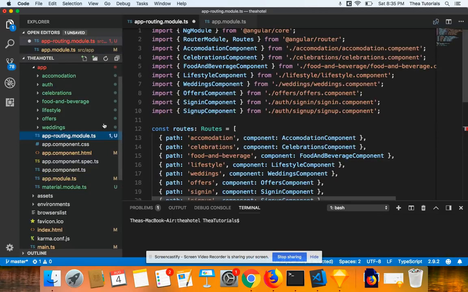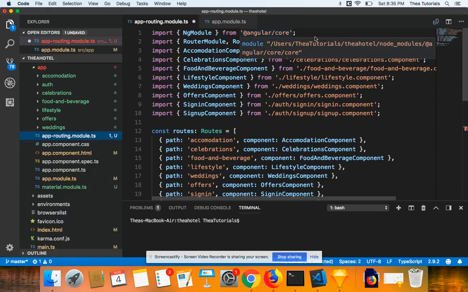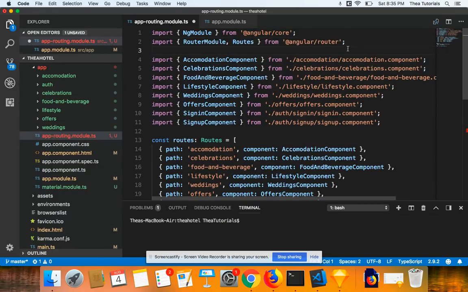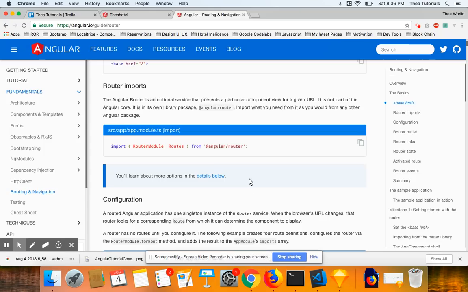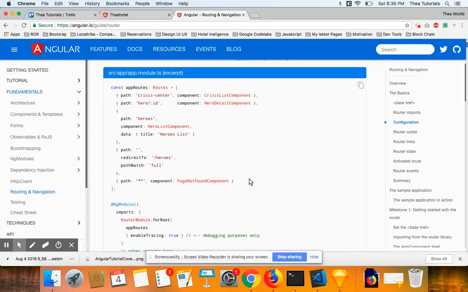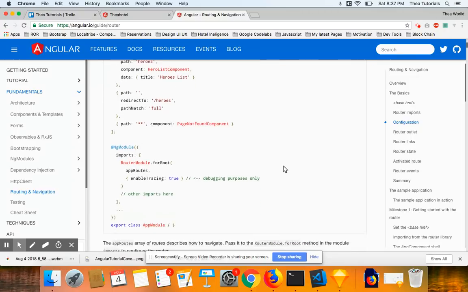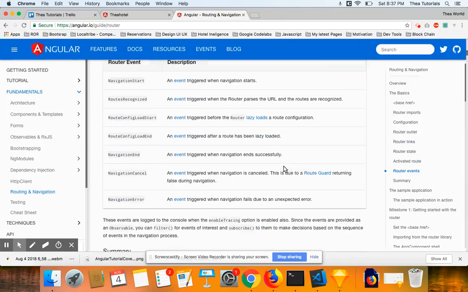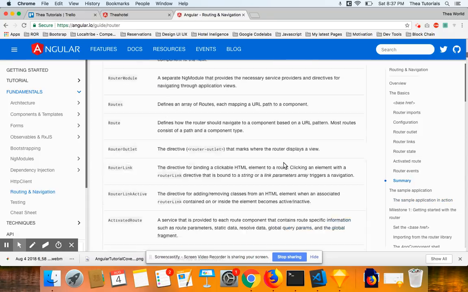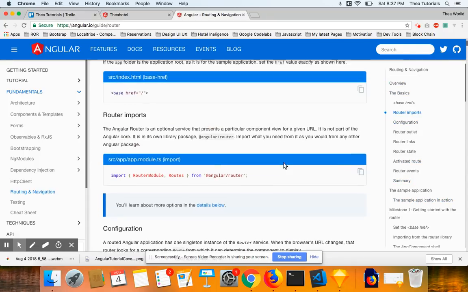Now back to the app routing module.ts. I'm just gonna put some space here so it's easier to read. This is correct. And in our router module for root, let's just come back here and double check what they're saying. And yeah, we're on the right track. I believe everything is correct. So now we need to add the